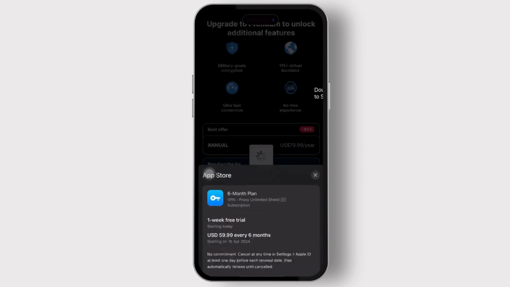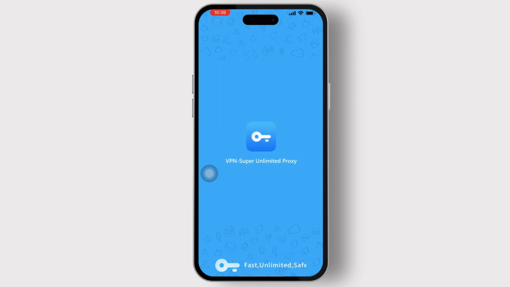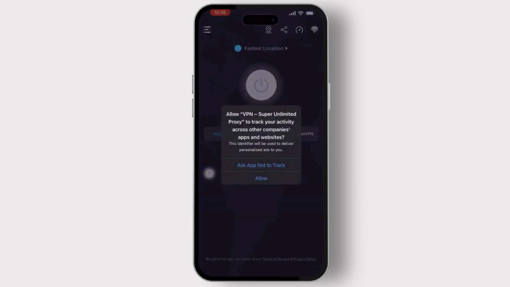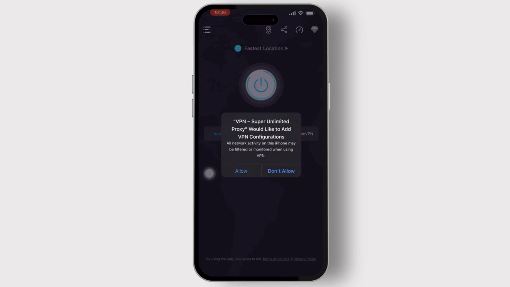Now all you have to do is tap on the allow option or ask app not to track and simply tap on the power button shown there, and the VPN is connecting to any available network. Tap on the allow option